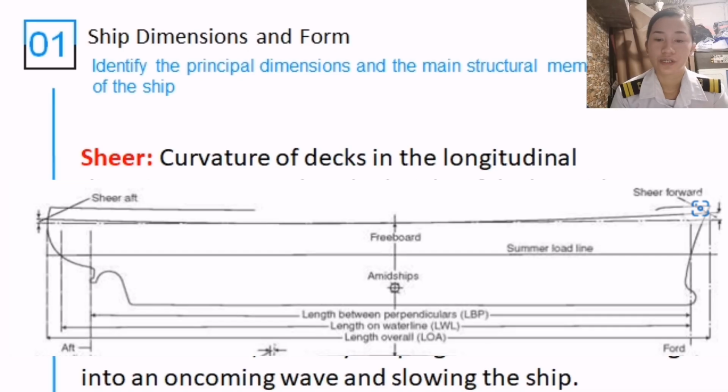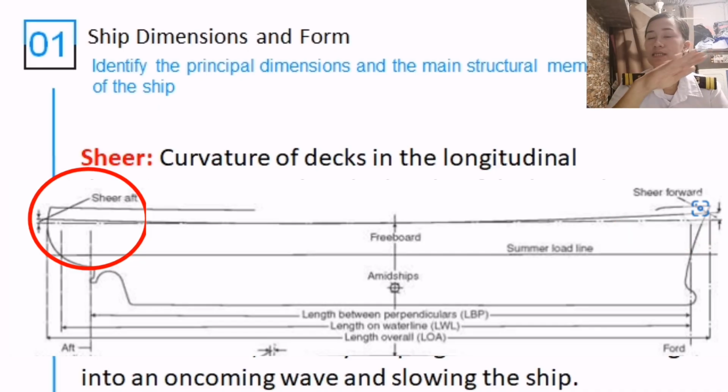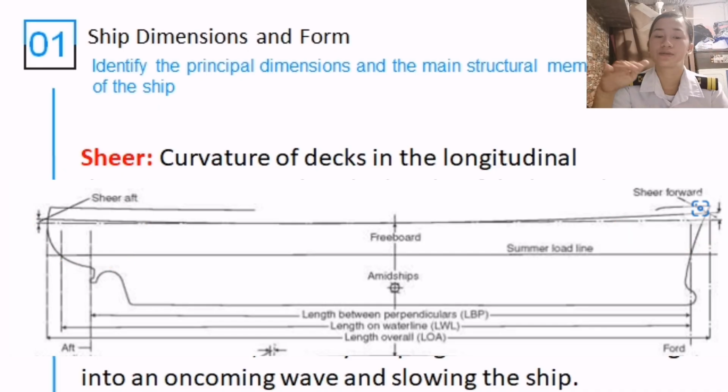Kani, mao ni ang shear forward, mao ni ang shear aft. So kani magud ato ang sides sa vessel class, dili na siya straight gyud. Na siya murag curvature. Okay? So mag-curve na siya. So in order for you to know